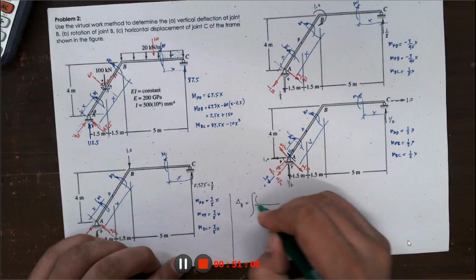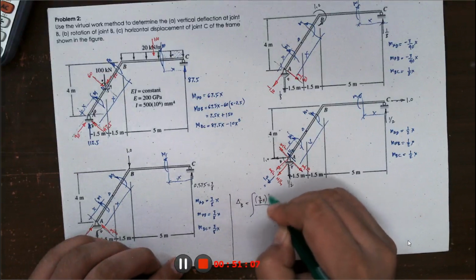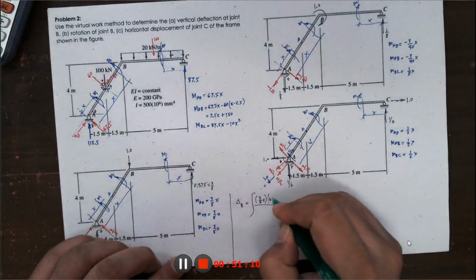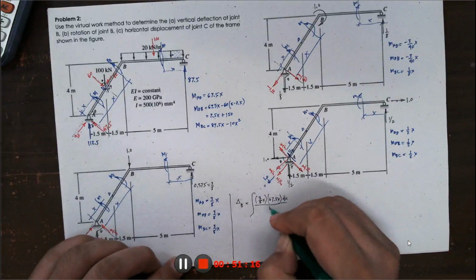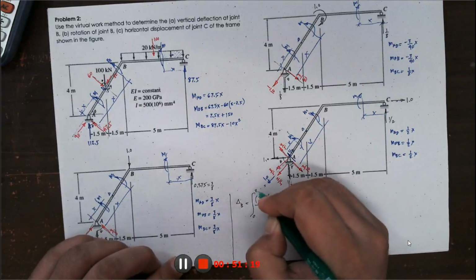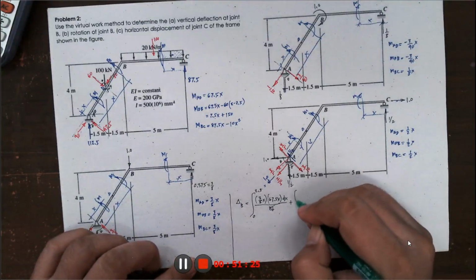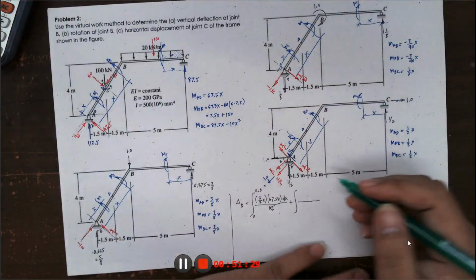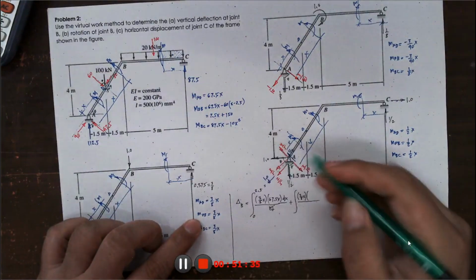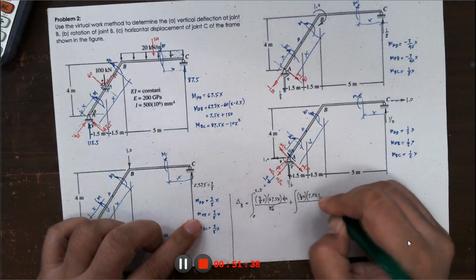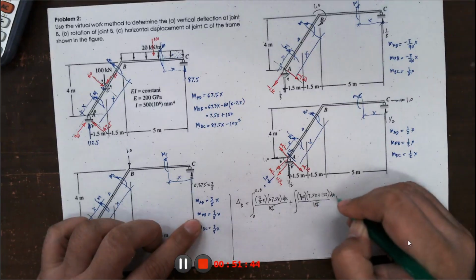So we have 3/8 times 67.5x dx over EI from 0 to 2.5 plus kini 3/8 times 7.5x plus 150 dx over EI plus